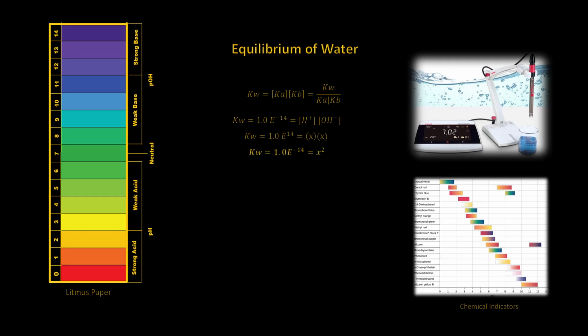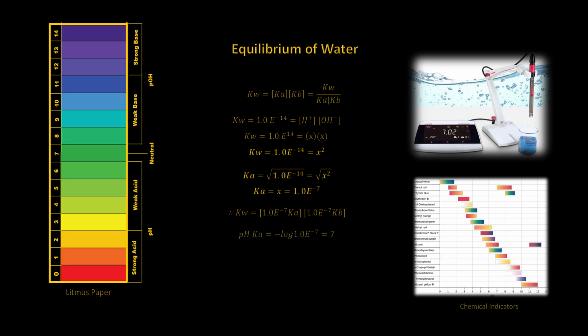Therefore, Kw is equal to 1.0 times 10 to the minus 14, which is equal to x squared. And Ka, therefore, is equal to the square root of 1.0 times 10 to the minus 14, which equals the square root of x squared. Or simply put, Ka is equal to 1.0 times 10 to the minus 7, which equals x. Now, Kw is equal to 1.0 times 10 to the minus 7 Ka multiplied by 1.0 times 10 to the minus 7 Kb. The pH of Ka is equal to the minus log of 1.0 times 10 to the minus